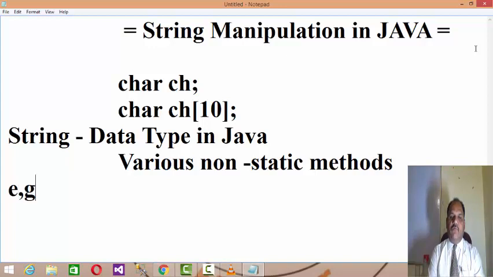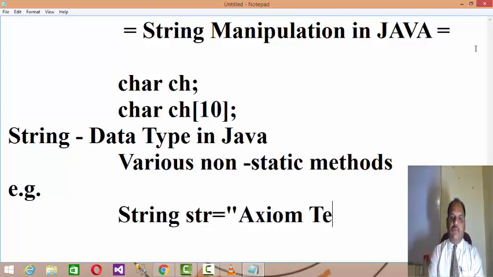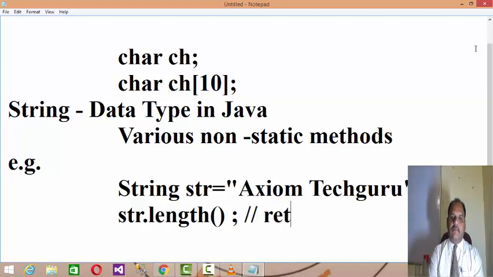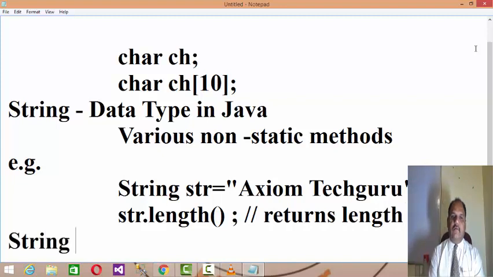For example, if you want to assign a string, you can declare it like this: String str = "axiom take guru". And if you want to find the length of the string, it provides the method str.length(), which returns the length of the string.